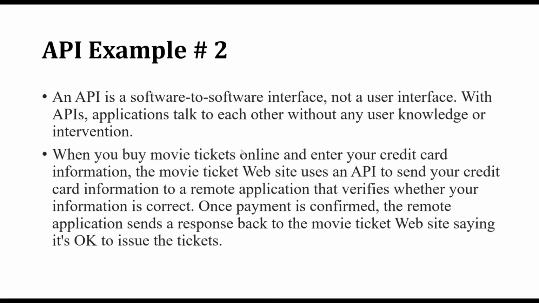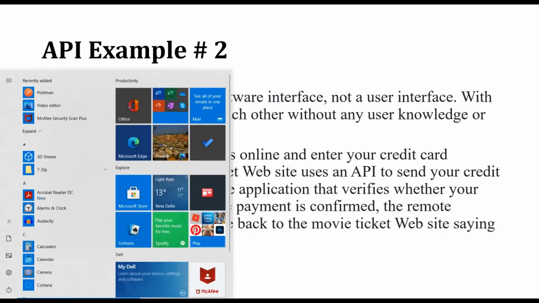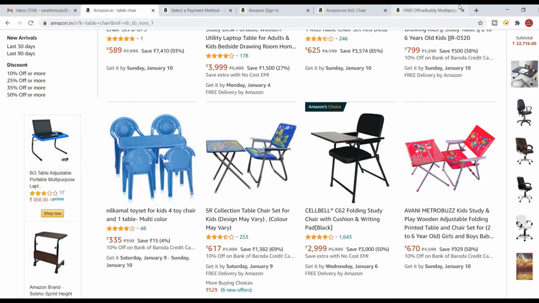So again, I'll tell you another example. It is easy to understand. Again, I told you the API is a software-to-software interface. So Amazon is software and banking is also software, which is mobile banking or internet banking, right? They will connect to each other. So here you can take BookMyShow or else MakeMyTrip. The best example I am going to tell you is MakeMyTrip. Okay. At that time you can easily understand.